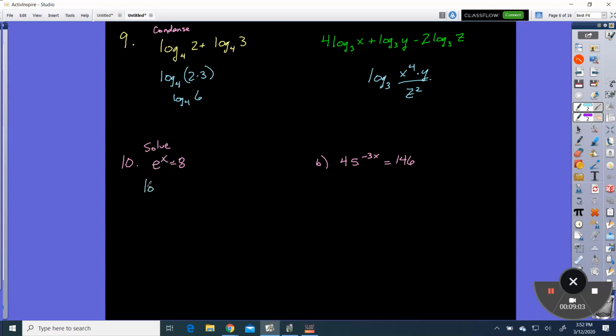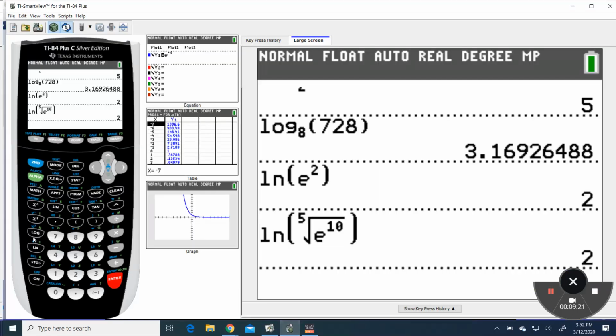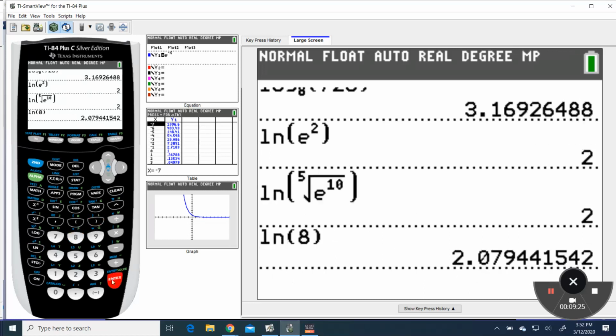Rewrite this as a logarithm, log base e, which is ln of 8 equals x. Remember, it goes base, then the answer, then the power. If you want to, some people just like to say if I put an ln next to this, they'll cancel each other out, and I'll do the same thing to this side. So x equals the natural log of 8. So then you can go to your calculator. You go ln of 8. Keep 3 decimals, so 2.079